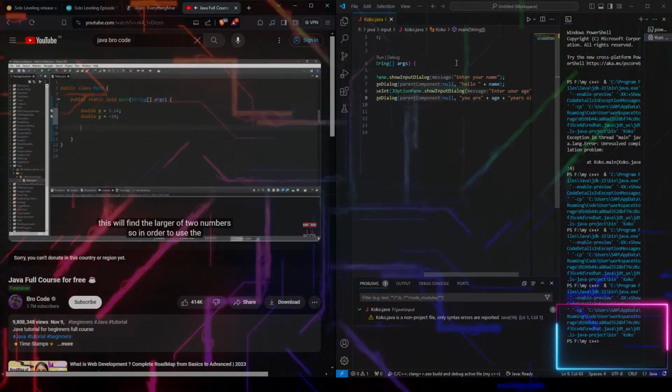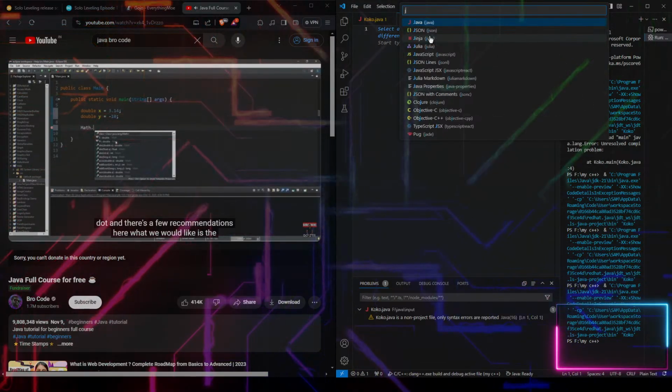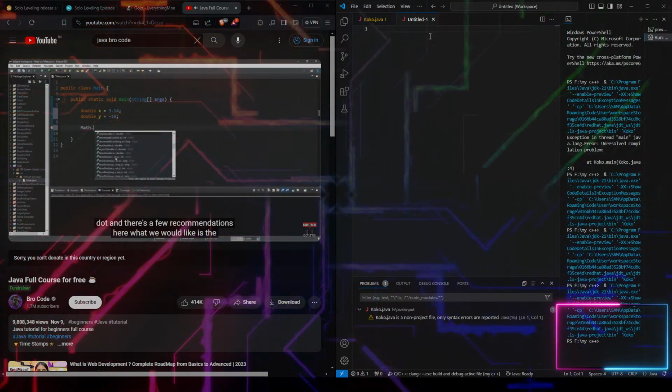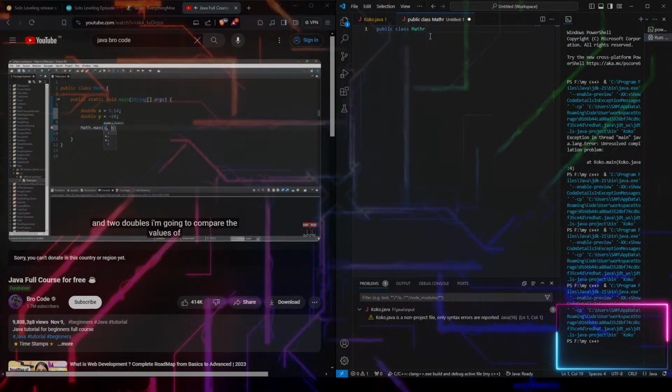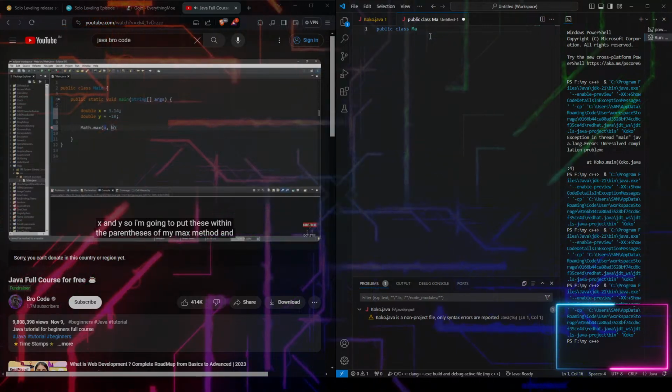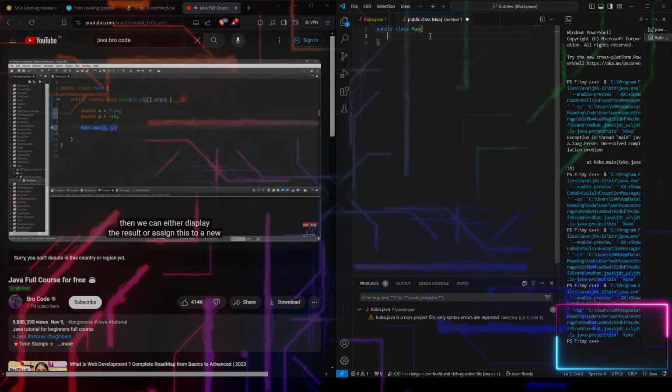So in order to use the max method, we're going to type Math with a capital M, dot, and there's a few recommendations here. What we would like is the max method. That is right here. So there's a few to choose from. We can compare two integers, two long values, two floats, and two doubles. I'm going to compare the values of x and y. So I'm going to put these within the parentheses of my max method, and then we can either display the result or assign this to a new variable. Let's say double z equals Math.max, and we'll compare